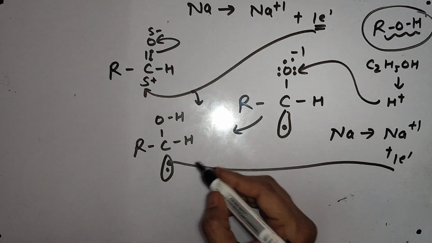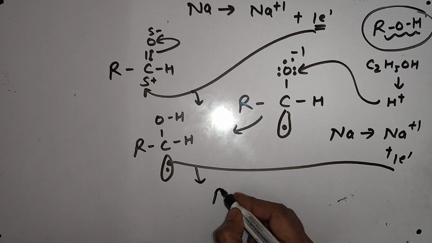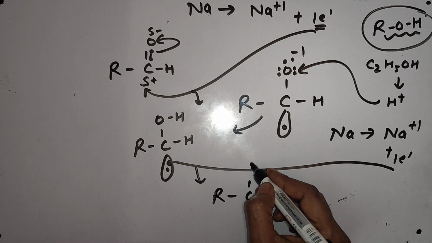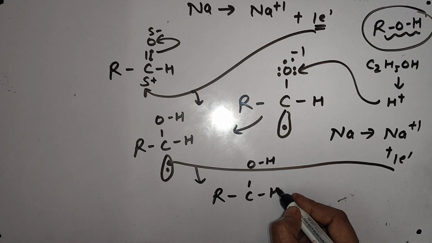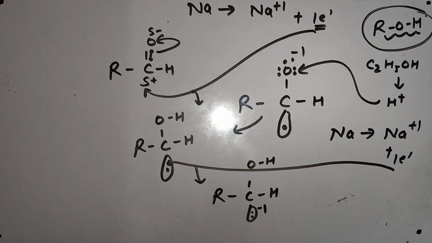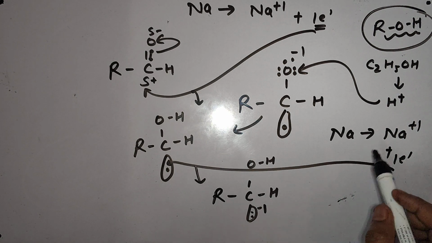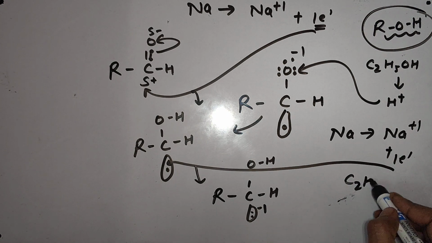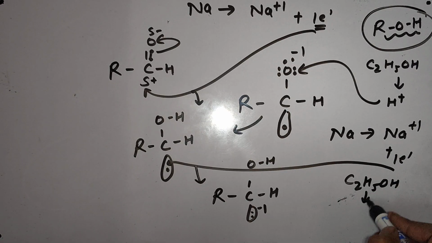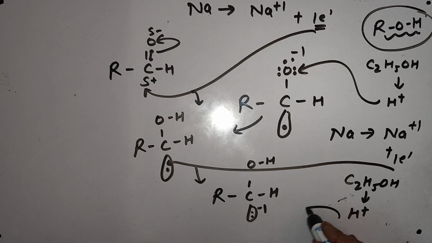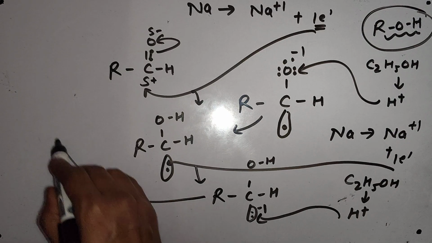The second electron will come here, due to which the carbon will become negative. Now this negative carbon will be satisfied by another C2H5OH particle which will release H positive, and the H positive will join here, and finally you will get